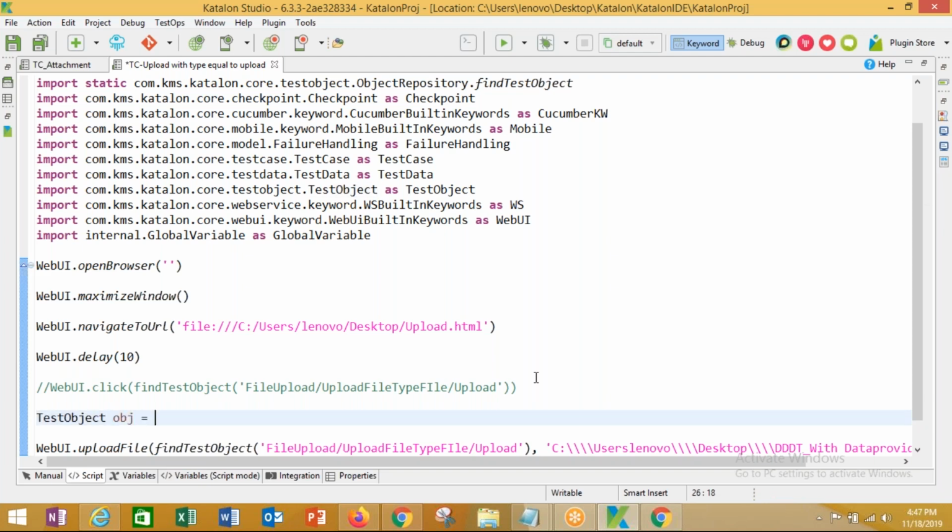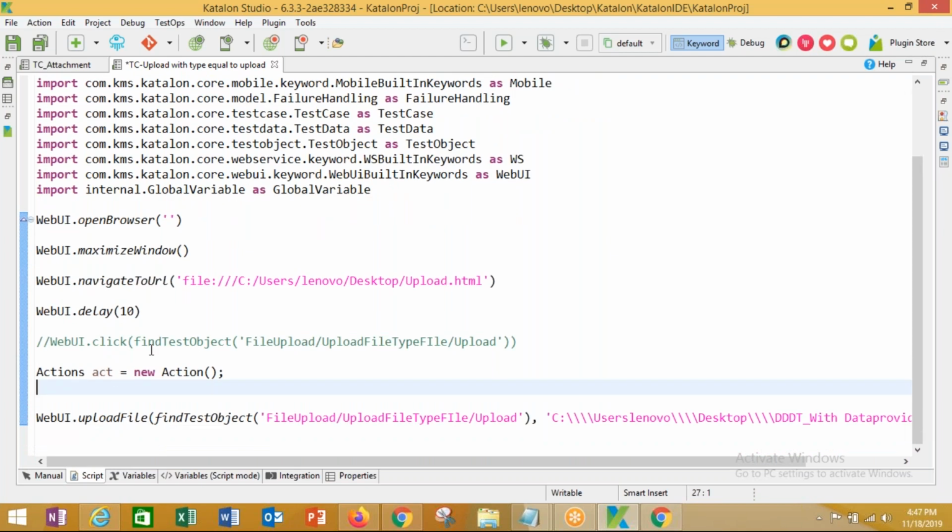Test object equal to, directly use the actions class. Actions act is equal to new actions. I'm simulating the mouse movement to click out there because it is not clicking by the simple clicks. And I'll be keeping the object